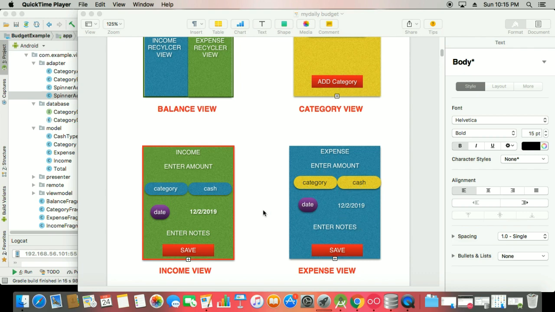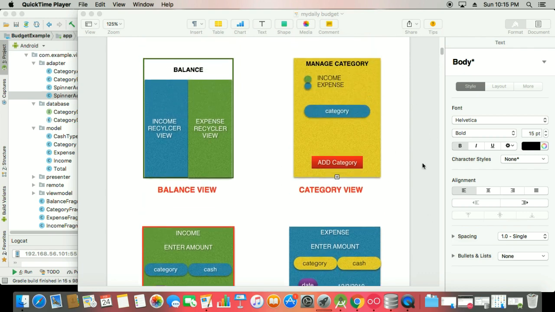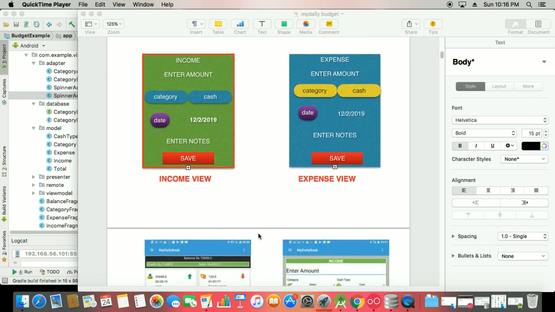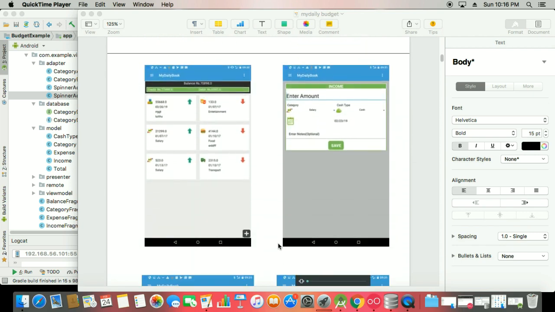I will describe what a category is, which we have to manage and customize. Here you can see the income layer recycler view and the expense recycler view on the same fragment, and this is your balance. So you can check the balance here. That is the old UI. I don't go with the UI today. That is the old UI, and here we have